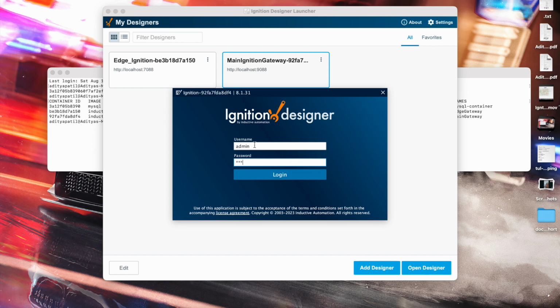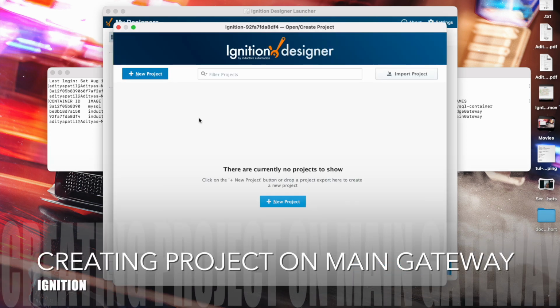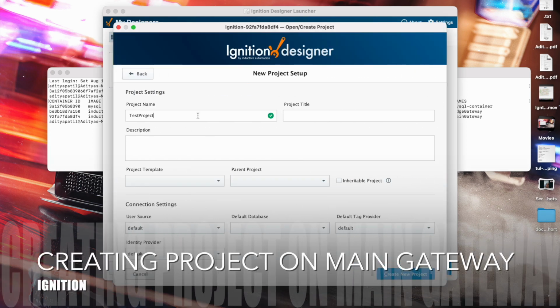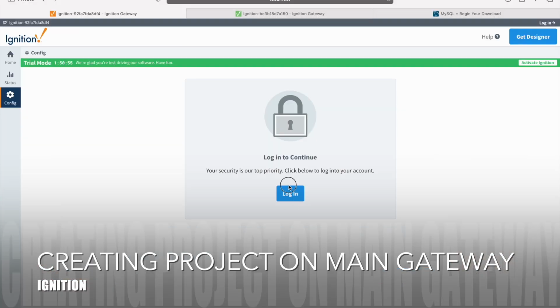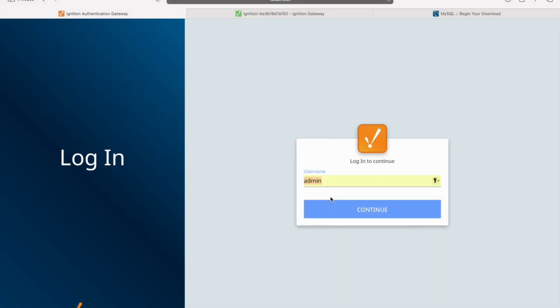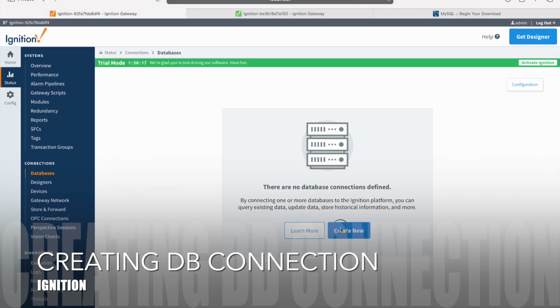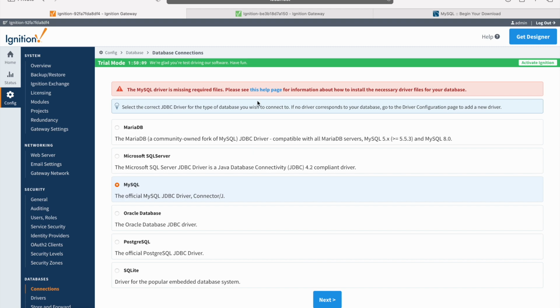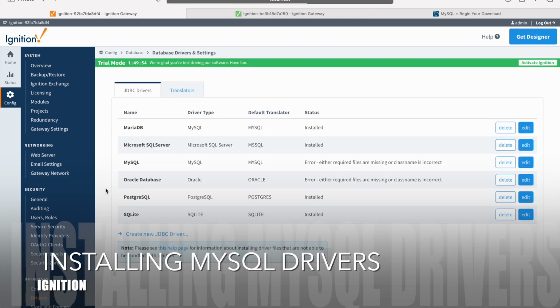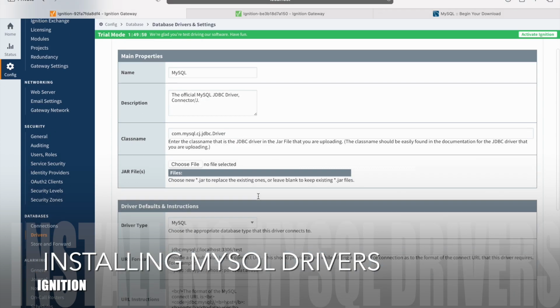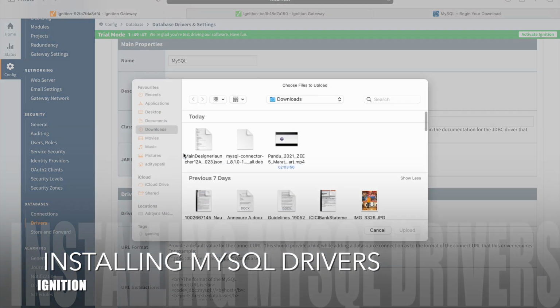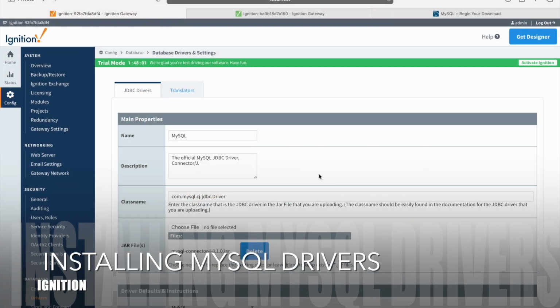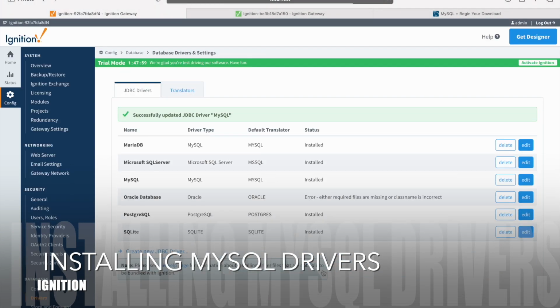By opening designer from main gateway, we will create new project called test project. Now we will connect our database with main ignition gateway, and we will select MySQL, but we are missing some drivers. I have downloaded MySQL driver. By clicking on edit, you can add driver file. Once we're done with the upload, we will click on save, and now we can see MySQL driver state as